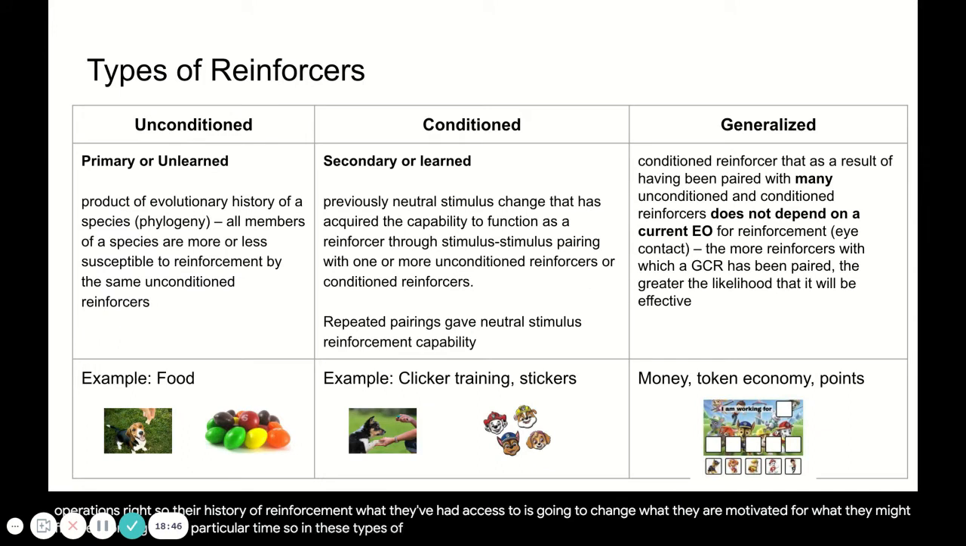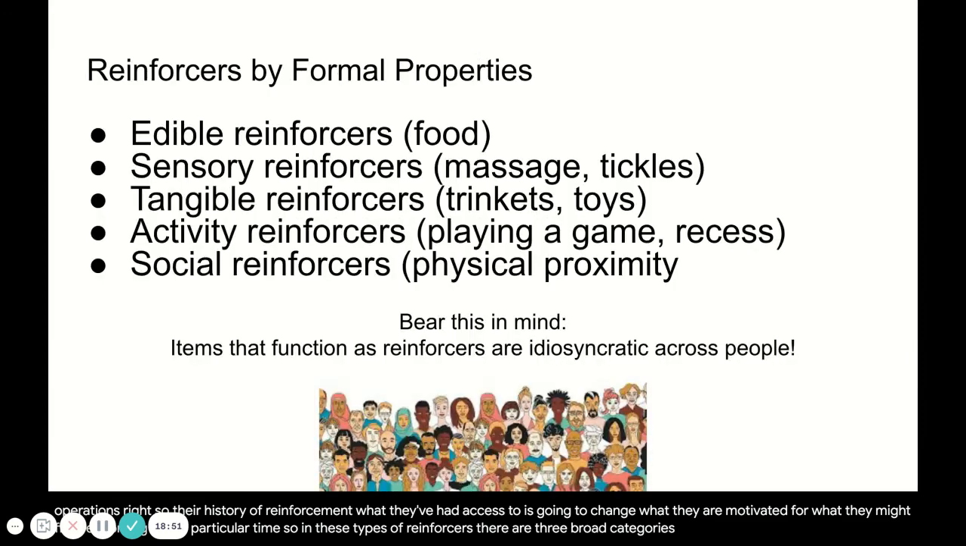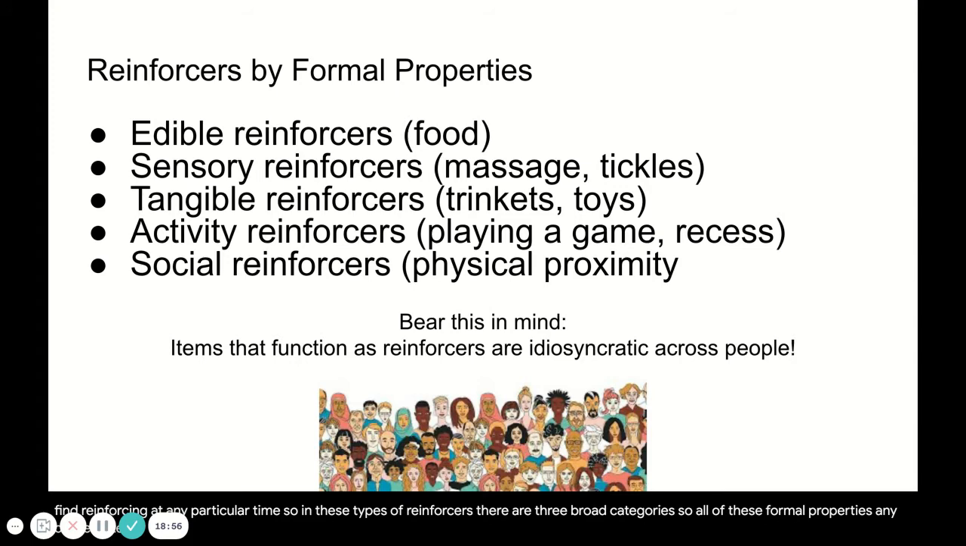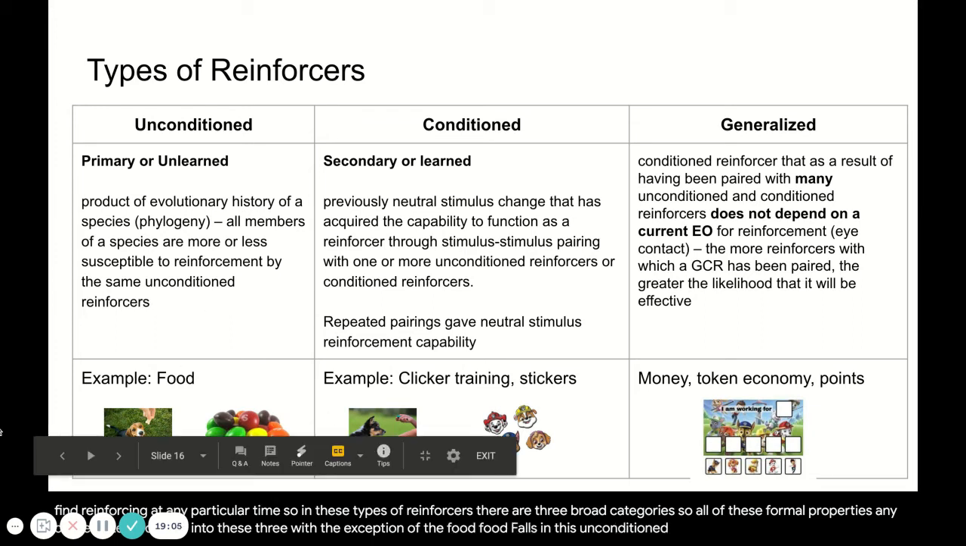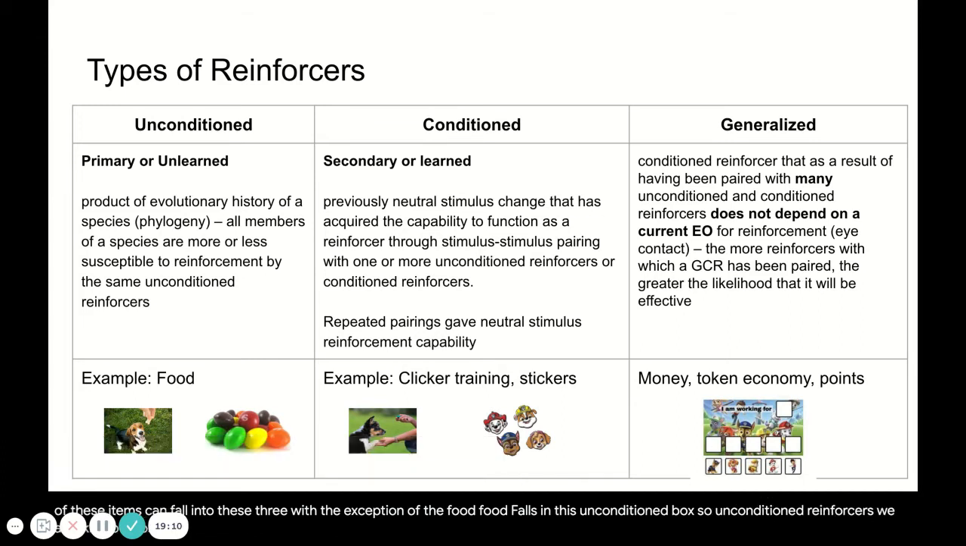So in these types of reinforcers, there are three broad categories. All of these formal properties, any of these items can fall into these three, with the exception of the food. Food falls in this unconditioned box. So unconditioned reinforcers, which we also call primary or unlearned, are just the product of the evolutionary history of a species. So all members of a species are more or less susceptible to reinforcement, with the exception of allergies or